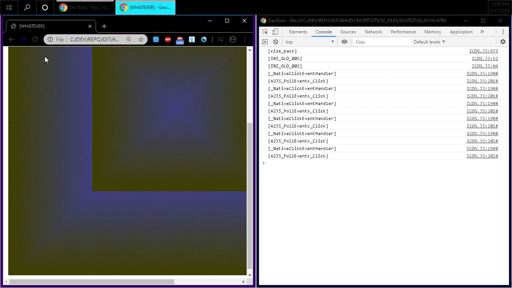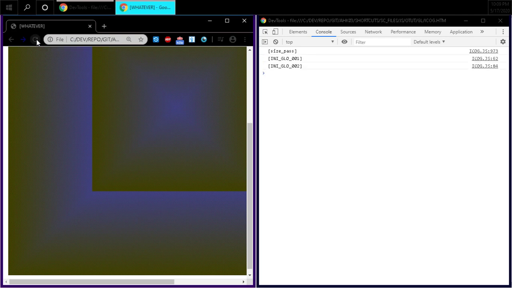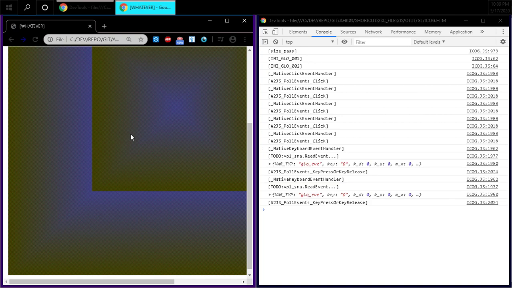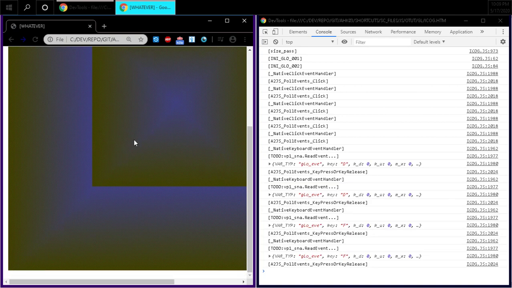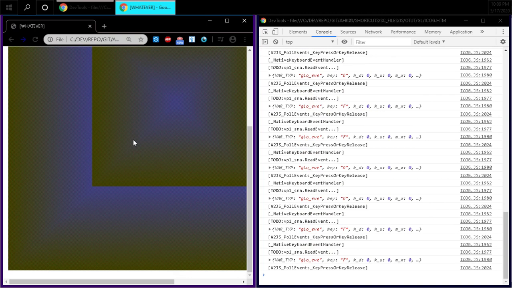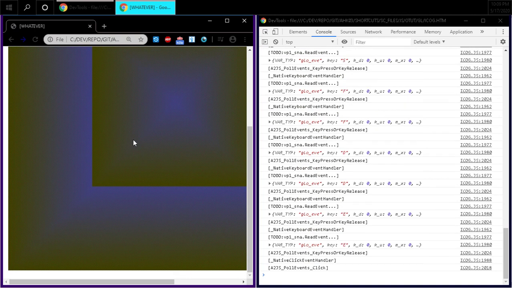So if we refresh, okay, so that click handler is still working, and if I hit a key, that's nice. So I have a little to-do message, and then I'm echoing the event objects. Oh, that's beautiful. Okay, so we've made a decent amount of progress here, and we're starting to integrate the code